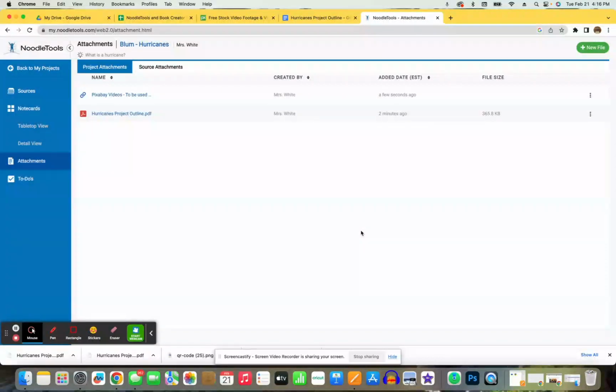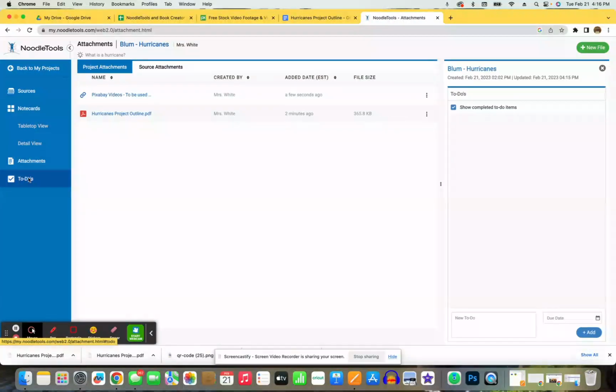Now, let's return to the left-hand blue vertical menu and take a look at To-Dos by clicking on it. You will see a pop-up appear on the right-hand side of the screen, and this is where you can create a project calendar for your students. Now, this project outline is for a student researching hurricanes, so we don't need a date for picking out our project topic. But what if, along with the resources that we are providing, we want our student to curate one database article? We can say that one citation will be due on February 28th by going to the bottom of the screen, clicking in the New To Do,